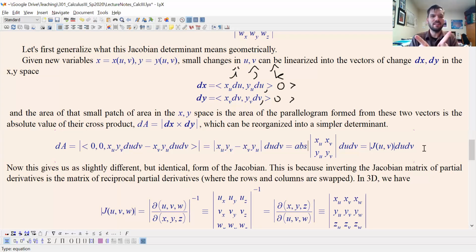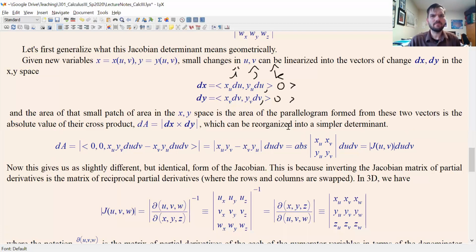There it is. So that Jacobian determinant is actually the area of the parallelogram formed from little changes when we linearize our relationship between x and y to u and v. Now, the good news is, if we deal with linear relationships, then it's exactly a parallelogram, which is kind of cool. Oh, but by the way, notice that our form, here I'll clear the annotations,